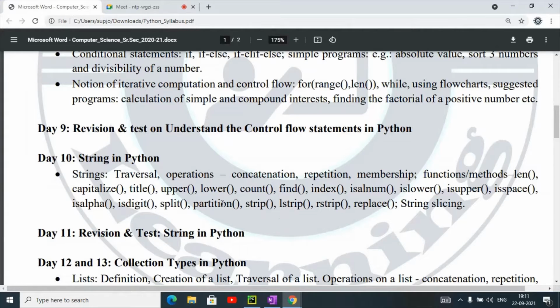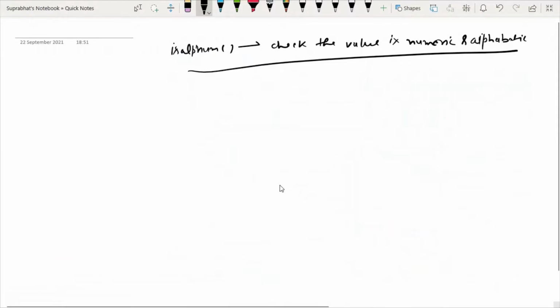Next one is the split function. This is a special function. We will discuss how the split function is used.